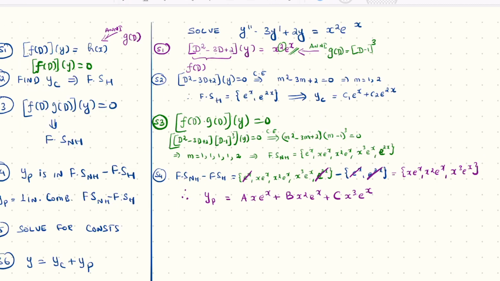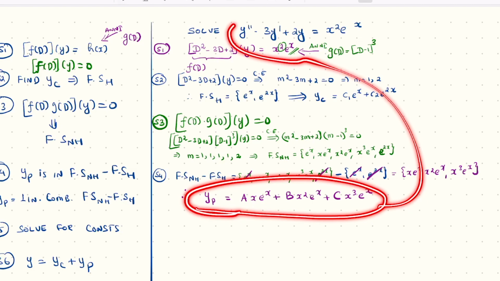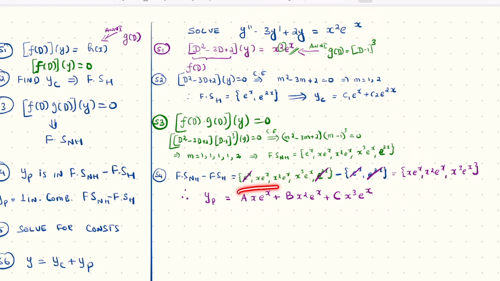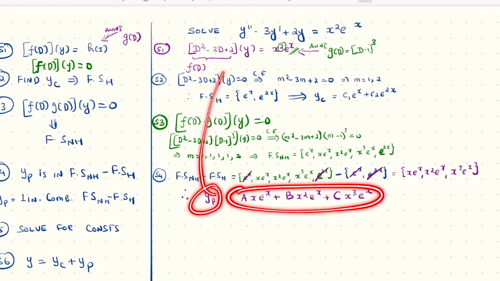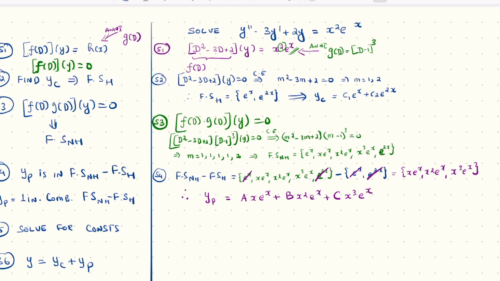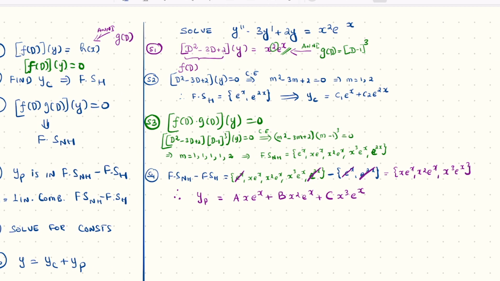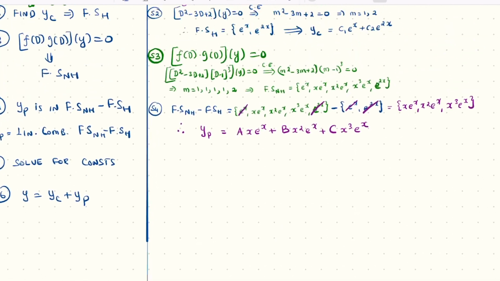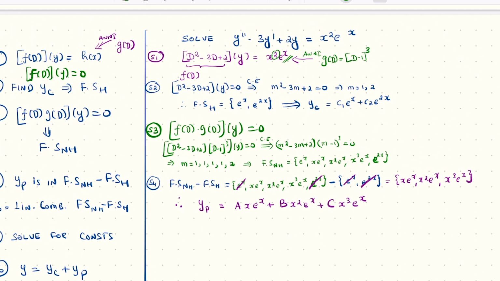Alright, so now that we have y_p, we know that y_p is a solution to the non-homogeneous problem, right? So when I plug y_p into this differential equation, I should get this. So what do I mean by that? By which I mean, if I have y_p double prime minus 3 y_p prime plus 2 y_p,